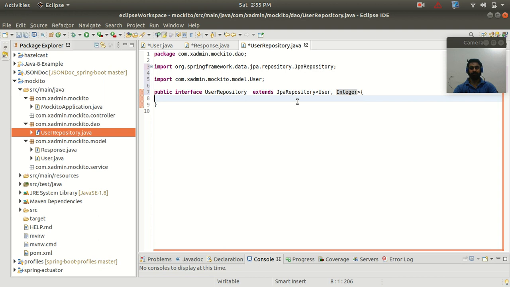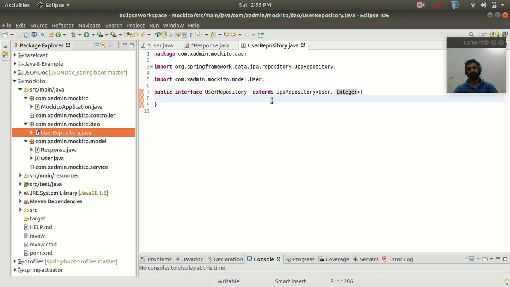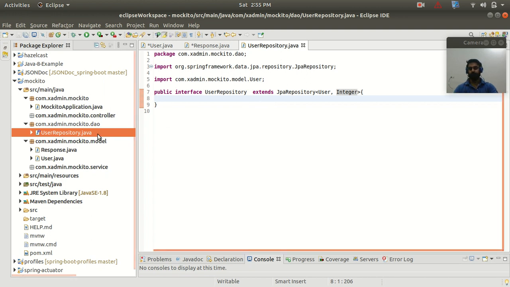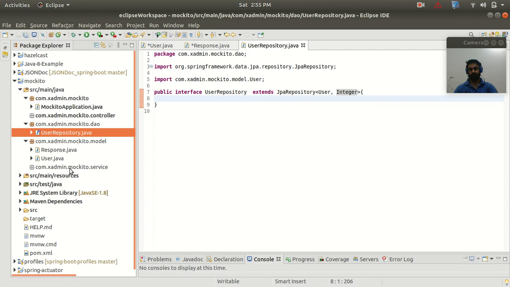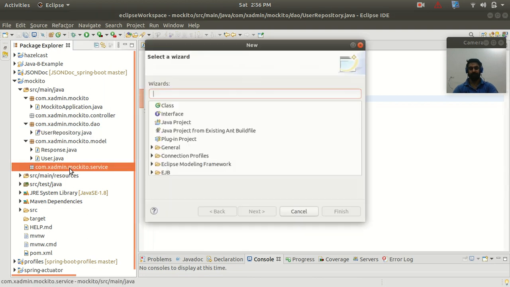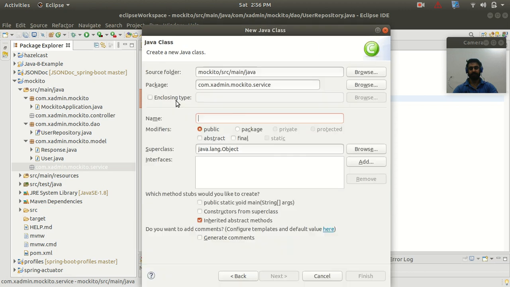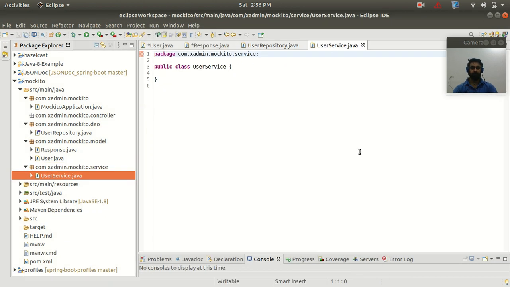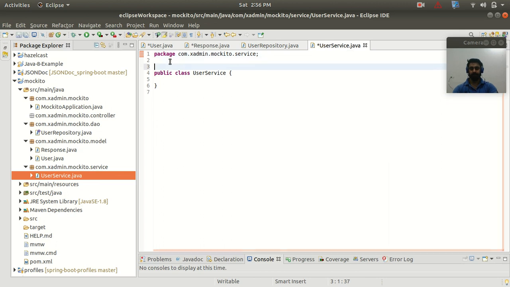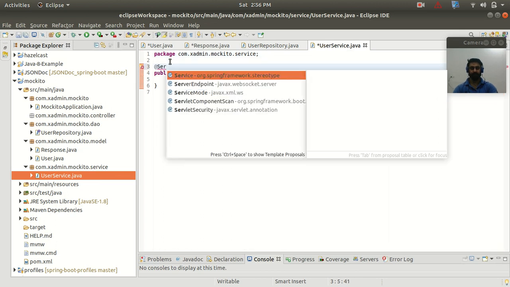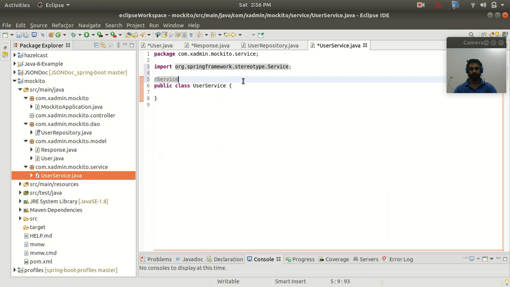So guys, I have created one user repository to deal with the CRUD operations. Now let's create our service class. So go to the service package, and here let's create a service class with the name, let's say, UserService. Mark this class with the annotation @Service to make this a service class.